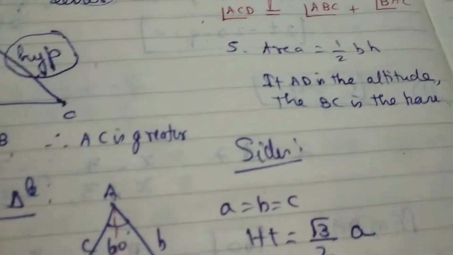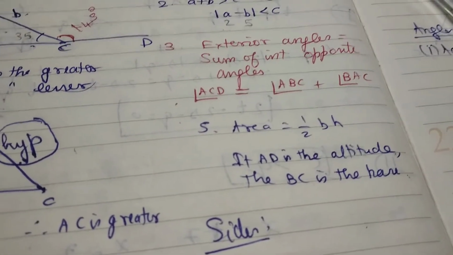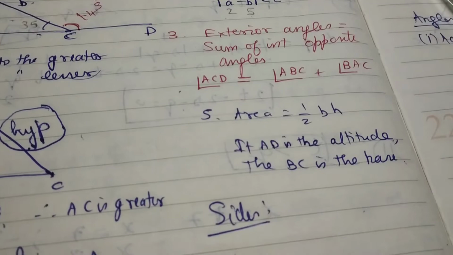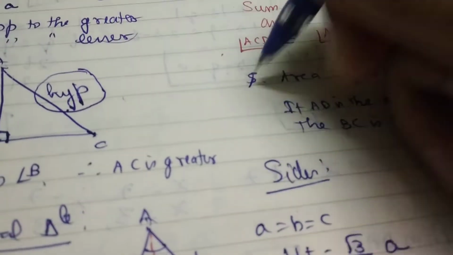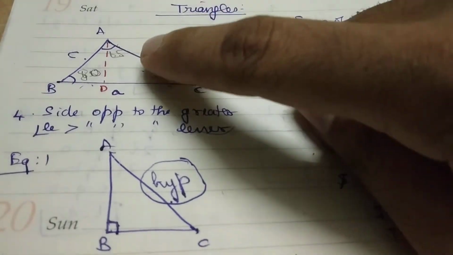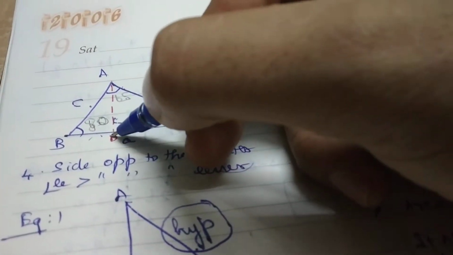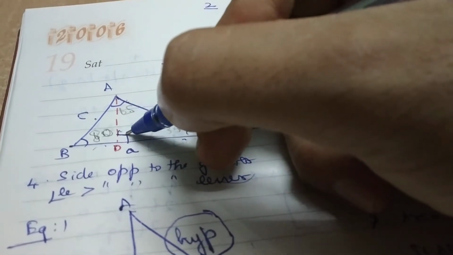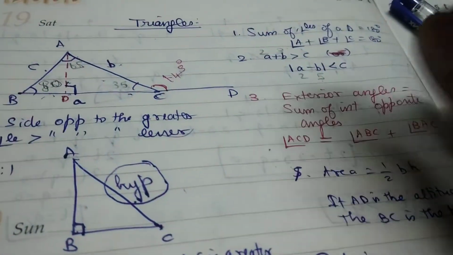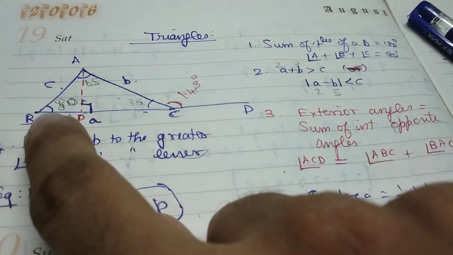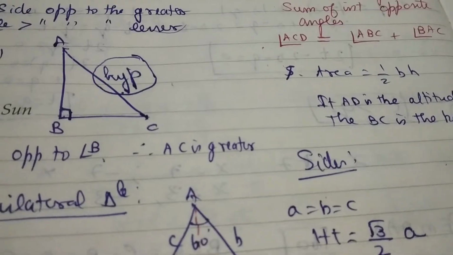Okay. The last property of a triangle which you need to know is, this is not a property, this is a basic fundamental formula, correct? So area of a triangle is given by half into base into height. Here, if you consider this altitude, AD is the altitude. If AD is determined as altitude, then altitude should be perpendicular to the base. If AD is the altitude, then BC should be the base. Okay, so the area will be given by half into base BC into AD, correct?